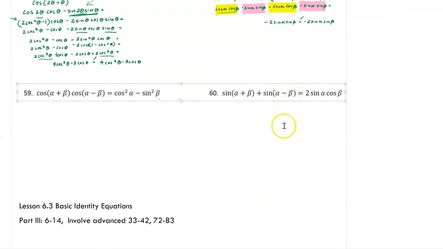Okay, I think this just involves utilizing those cosine and sine sum and difference identities. It's really not going to, I'm just going to delete that. If you know how to do those, then you should know how to do the rest. So